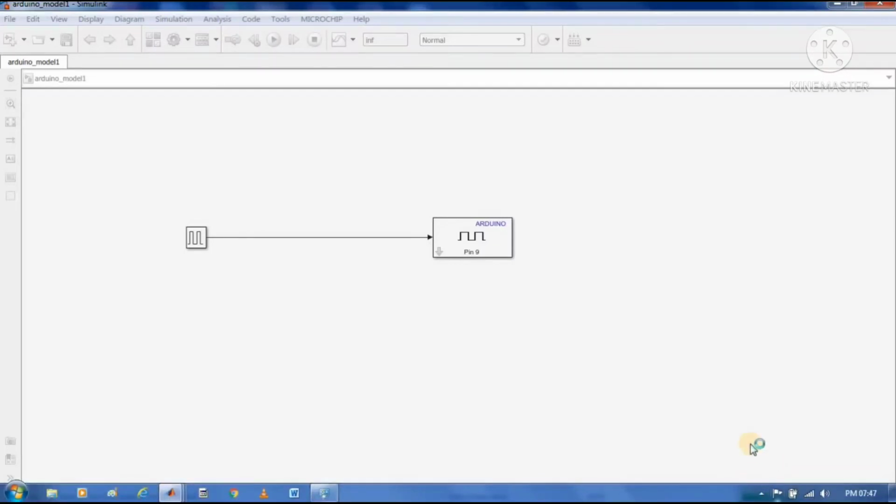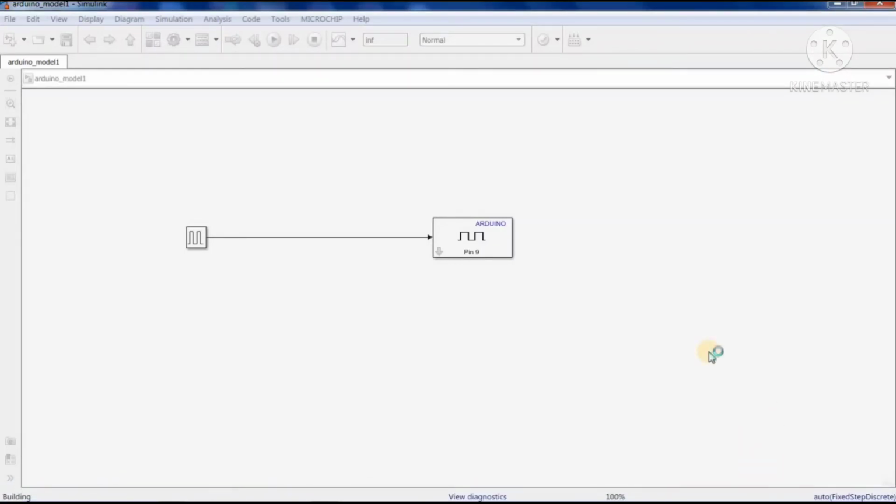The process is going on. See here below, it's compiling, so it will take some time. Now it is flashing the code to the Arduino board. Once it is done, we will see how it actually looks practically.